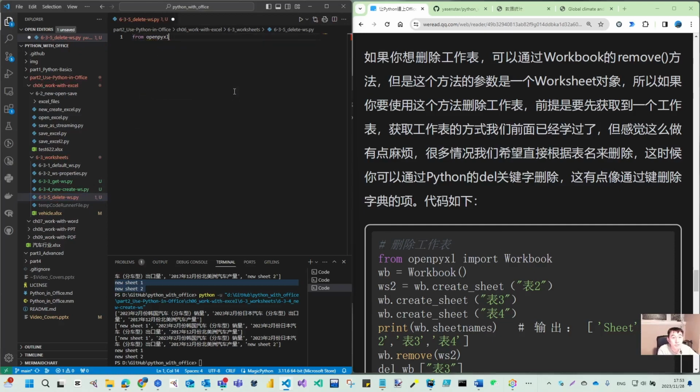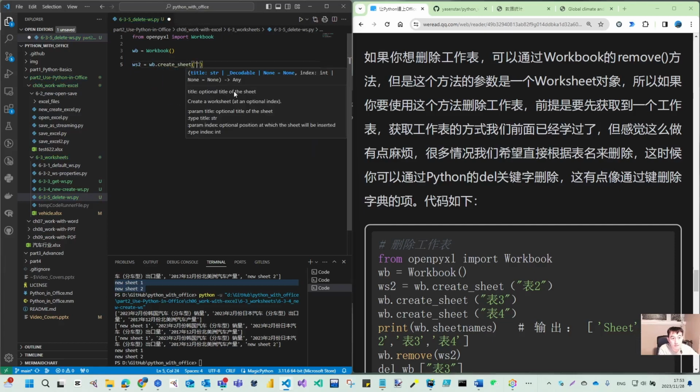From openpyxl, you can use the auto complete and import Workbook. And then we make the instance. Workbook is Workbook. And then worksheet 2 is our workbook create_sheet, which we learned in the last video. So sheet 2, not table. It's better we use sheet 2